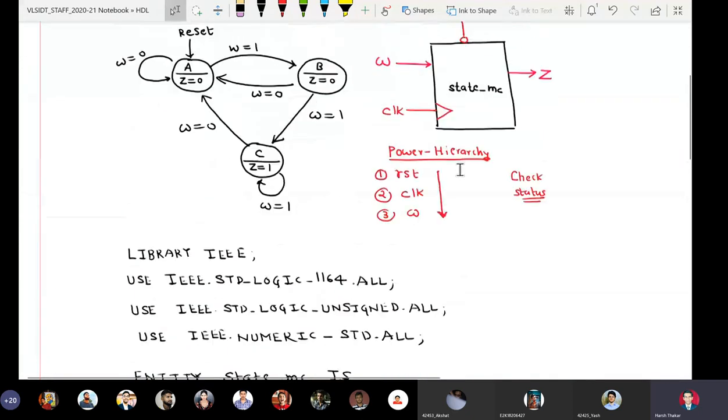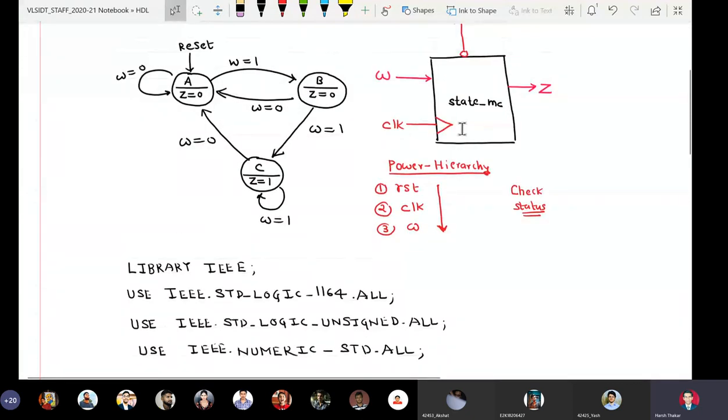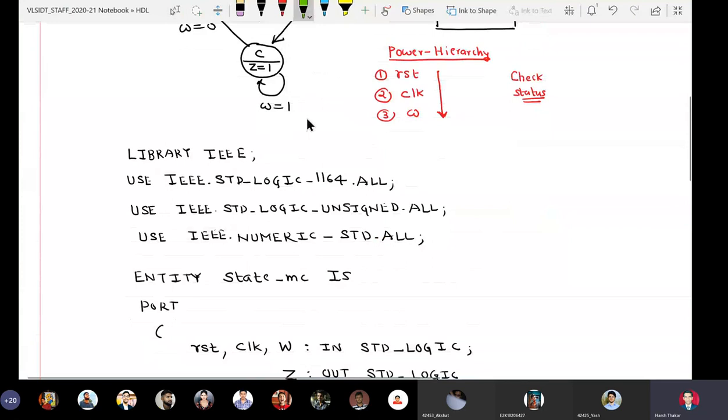Now what we are going to do is define a new data type called state underscore name.